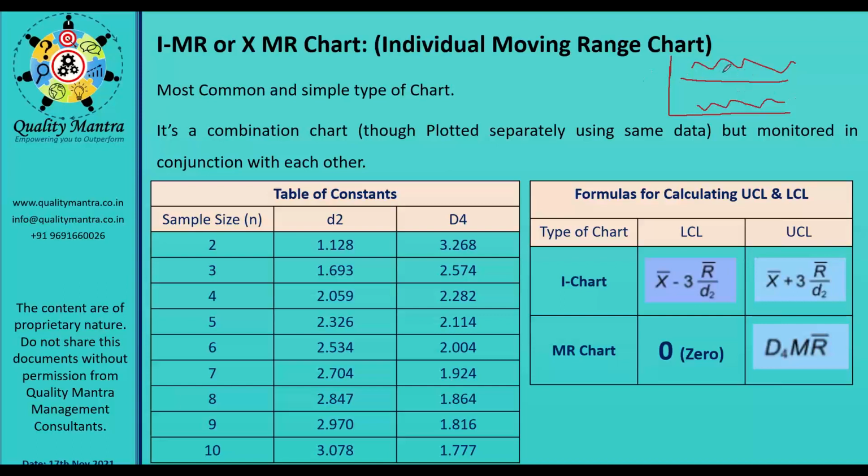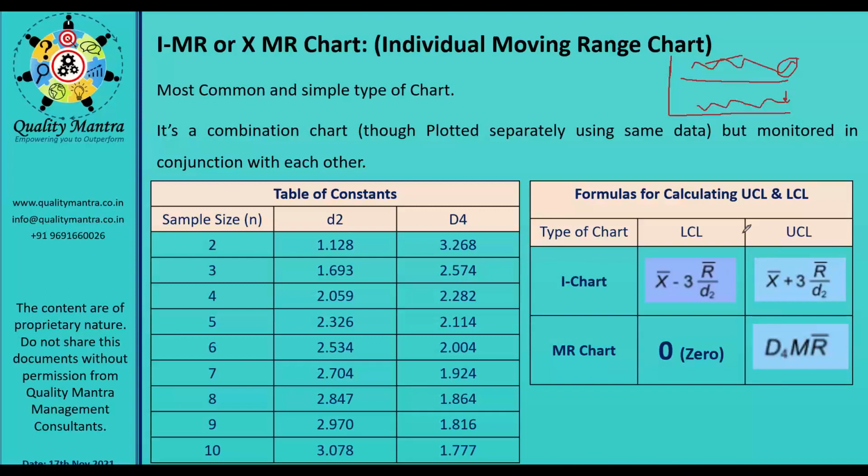So this data you need to plot continuously. Based on the data you will get the range, and you will monitor both things. You will monitor the individual data, you will monitor the range also. Check the patterns where you can take certain actions, where you need to correct your process, where you need to correct the steering so that your car goes on the right path.